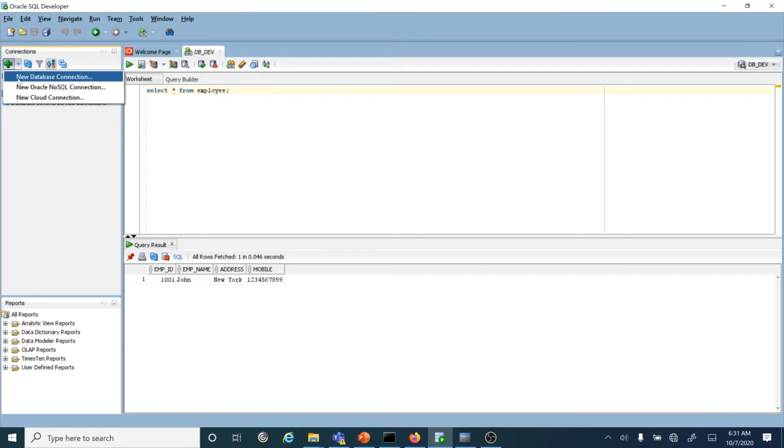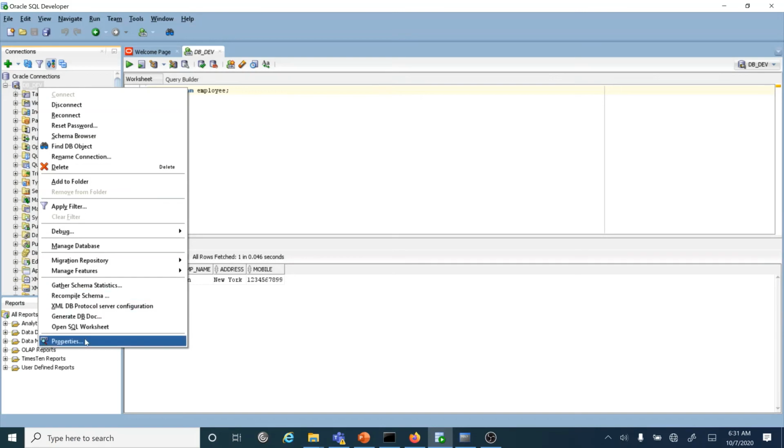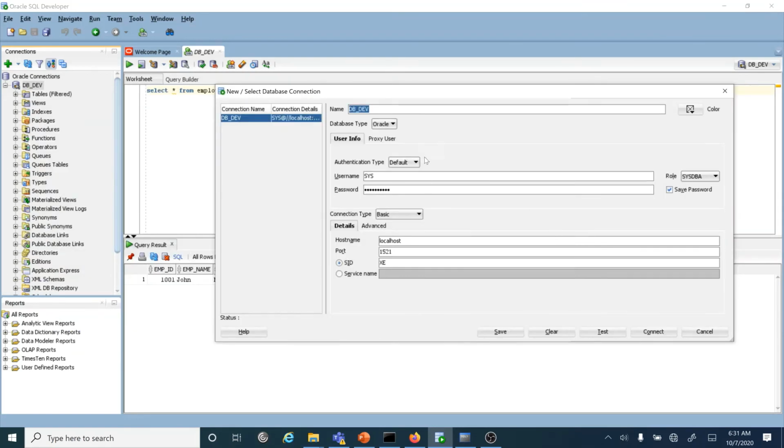It will ask you the database connection name and other information. In my case, I'll show you the properties. I have given the username like this, and the password I have given is the one I set while doing the installation. After that you need to give the host name, port, SID, and test the connection. It will give you success. It means you are connected with the database which you have installed previously.